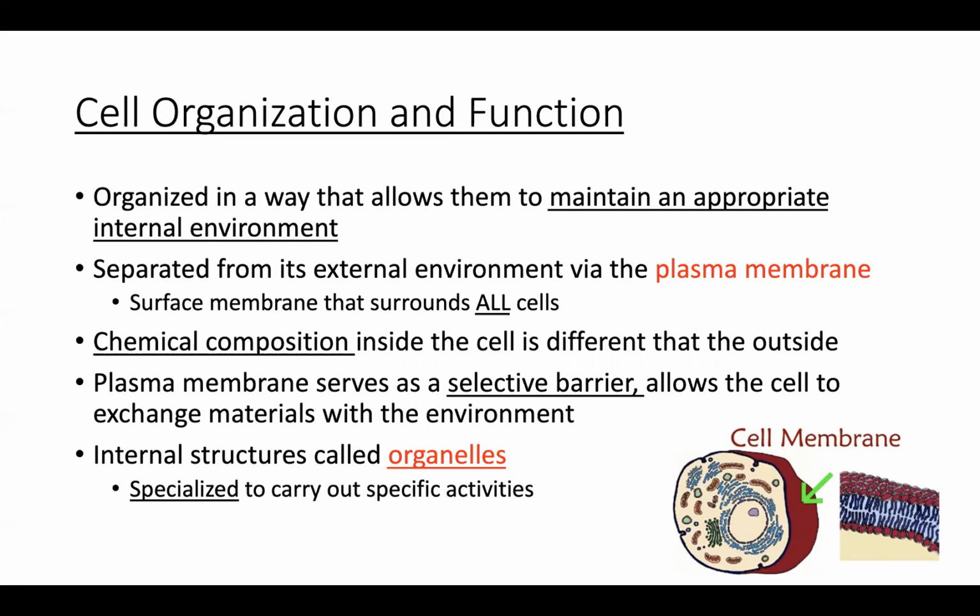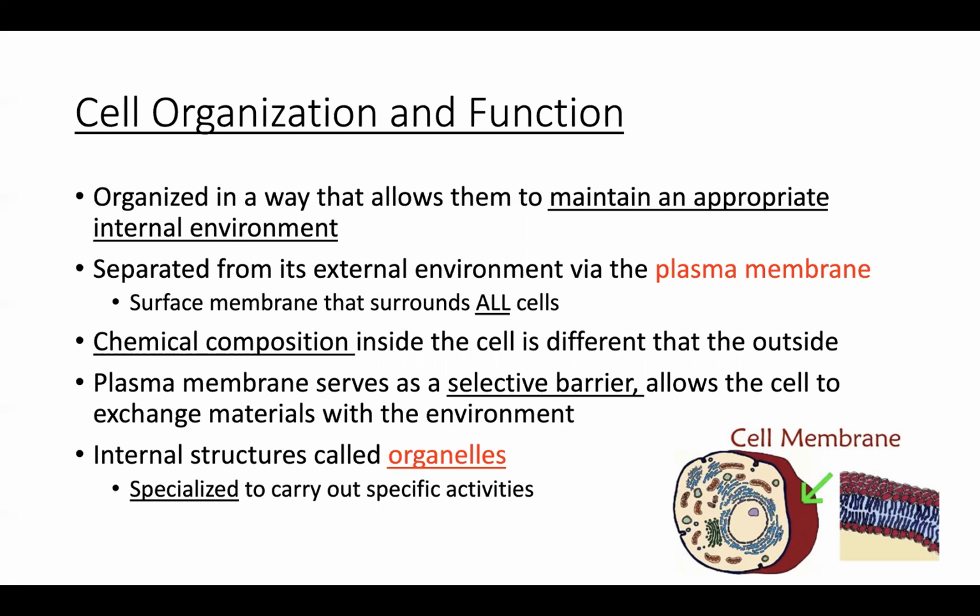And this is an important point to note, that as we're talking about this concept of maintaining homeostasis, we need to understand that the chemical composition inside of the cell is going to differ from that outside of the cell, all right? And so this plasma membrane serves as a first barrier of protection or separation between the inside of the cell and its external environment. Okay, and so we say that the plasma membrane serves as a selective barrier. Write that down. The plasma membrane serves as a selective barrier that allows the cell to exchange materials within the